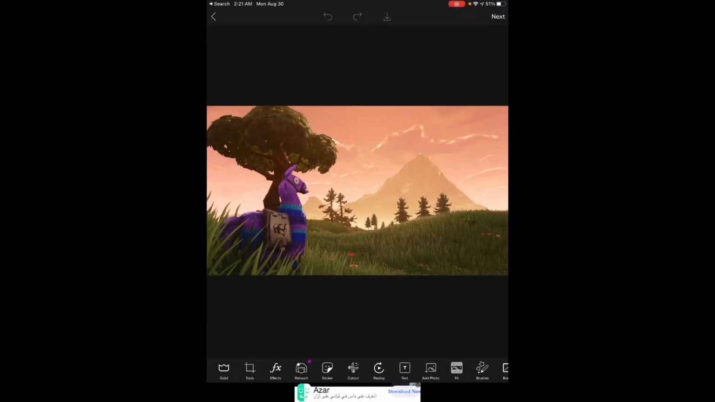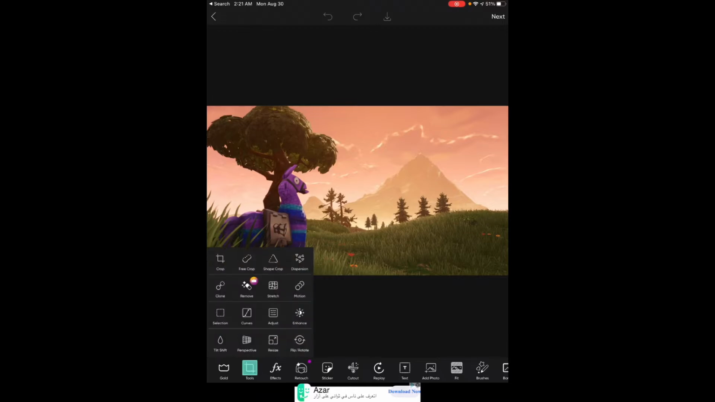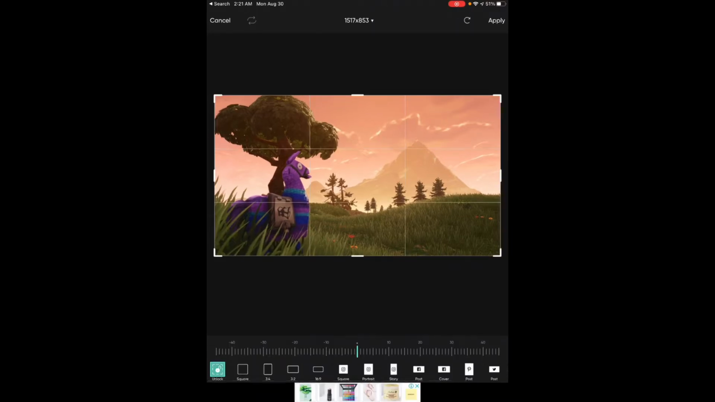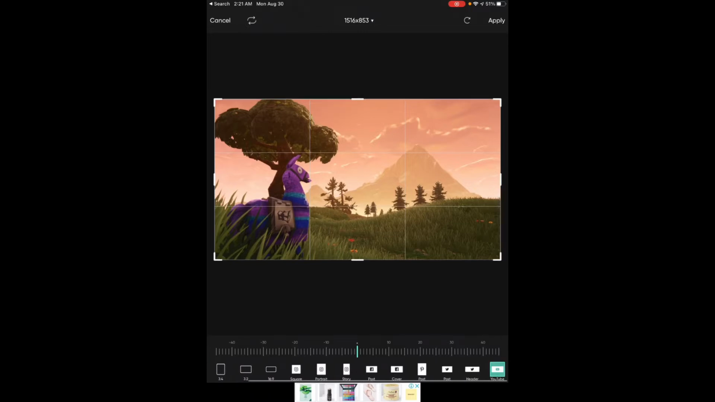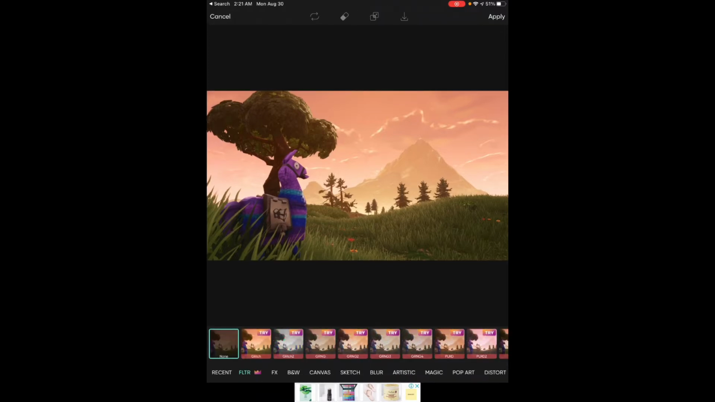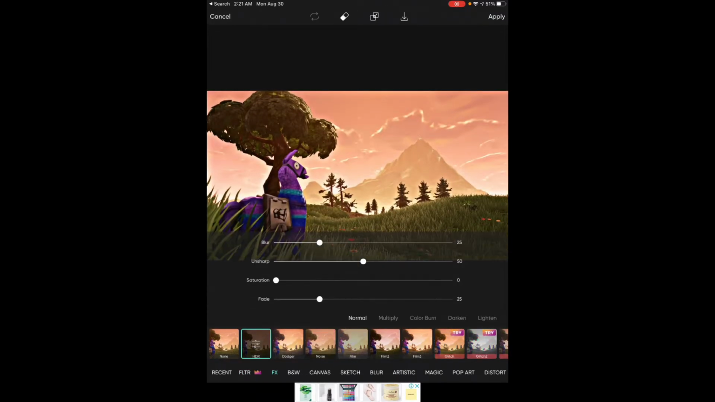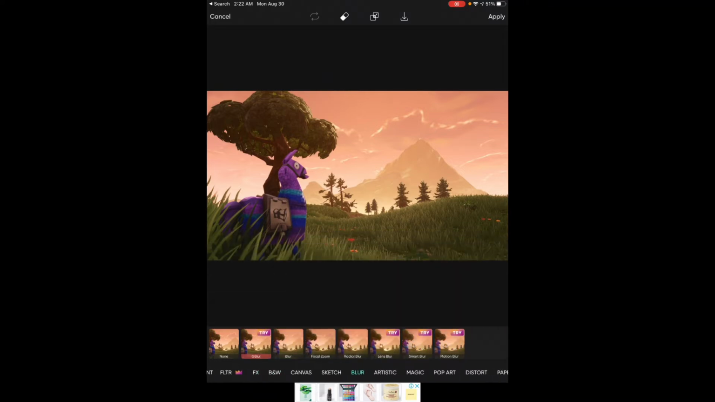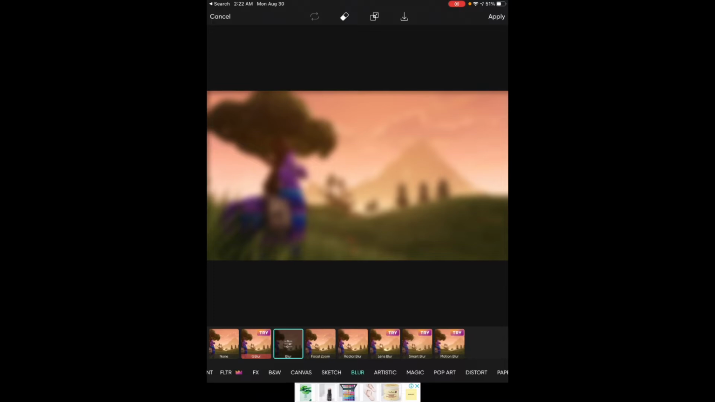right there, and now let's press on tools, then let's press on crop, and now we'll press on YouTube right here in the last, and now apply it, and now we'll go to effects, and now you can make it more, not that. One second, let me show you. So let's go to blur, let's press on blur, and now let's make that